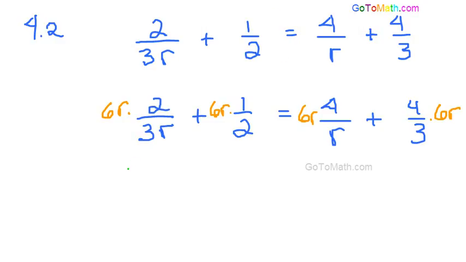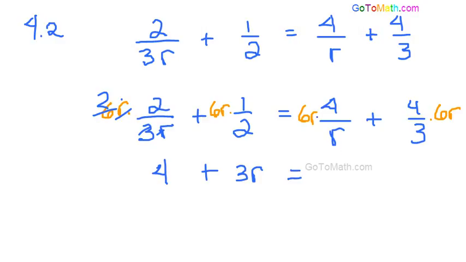Alright, and now what do we got? Well, 3 goes into 6, 2 goes into 6, r goes into r. Actually, what we need to do is go ahead and rewrite this, don't we? Okay, so we got the r's are going to cancel out here, and 3, that'll be 2, be left with a 2 here, so that's going to be 4 plus, and then 2 goes into 6 3 times, of course that's a 1, so we're going to have 3r